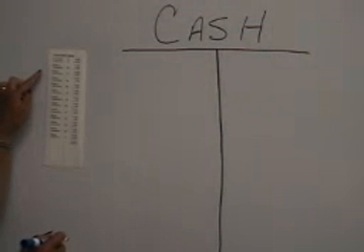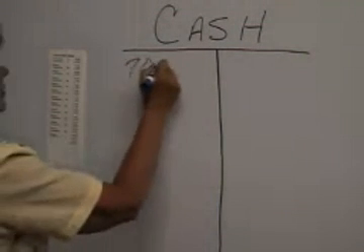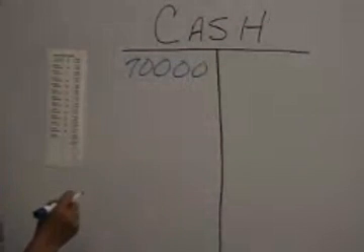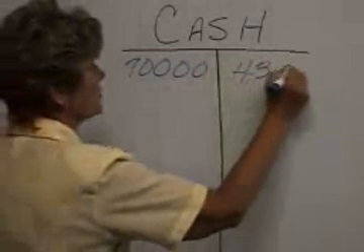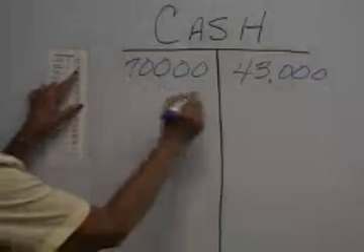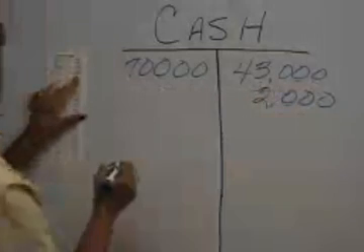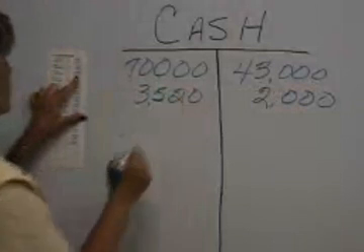Looking at the cash account figure, you see that the first amount, $70,000, is a plus, so we're going to put that on the left-hand side of cash. The next transaction is a minus, $43,000. We will put that on the right-hand side of the cash account. We have a $2,000 minus. We have a $3,520 plus,